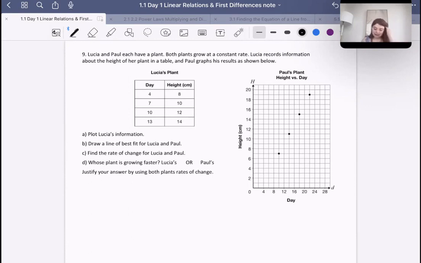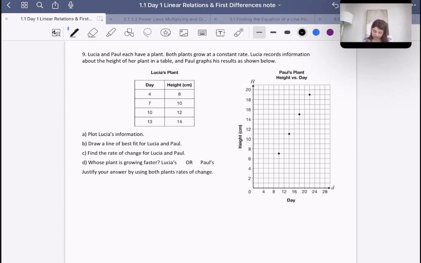This next one says Lucia and Paul each have a plant. Both plants grow at a constant rate. Lucia records information about the height of her plants in a table, and Paul graphs his results as shown below. So it looks like on day 4, the plant has reached height 8. By day 7, 10, and then by day 10, the plant reaches 12, and then by day 13, the plant reaches 14 centimeters. So here it says to plot